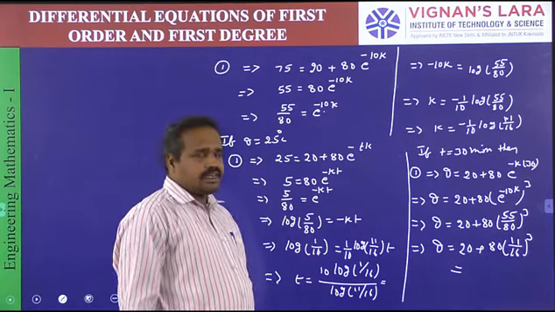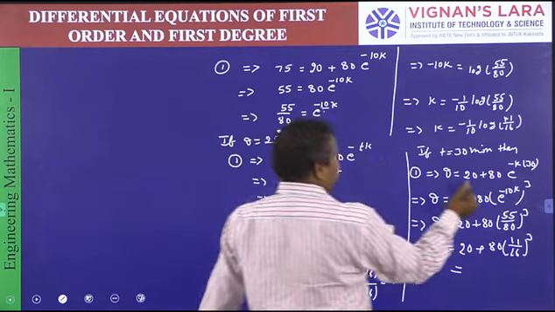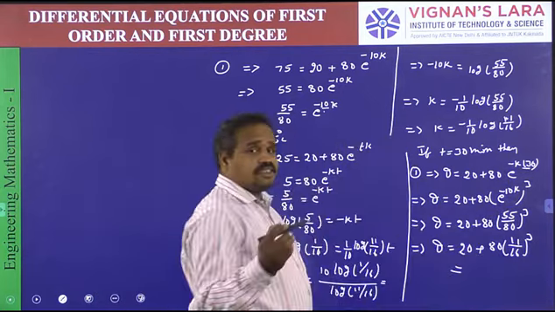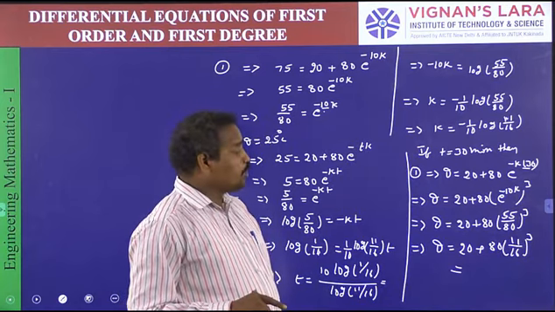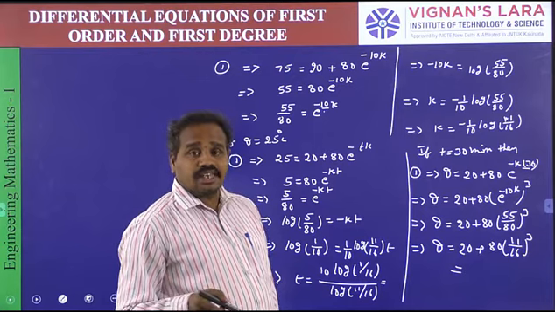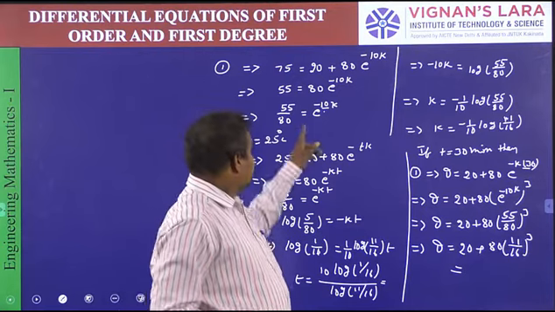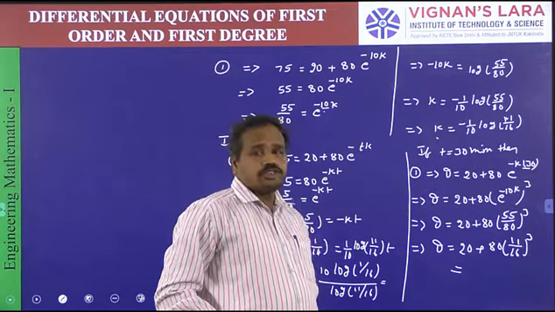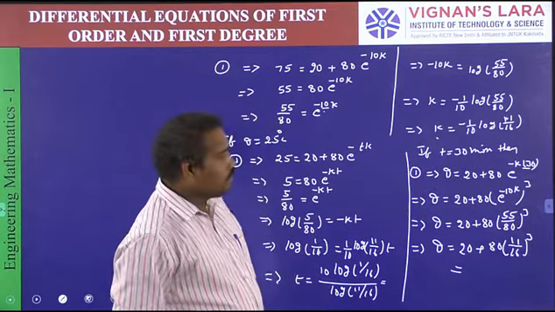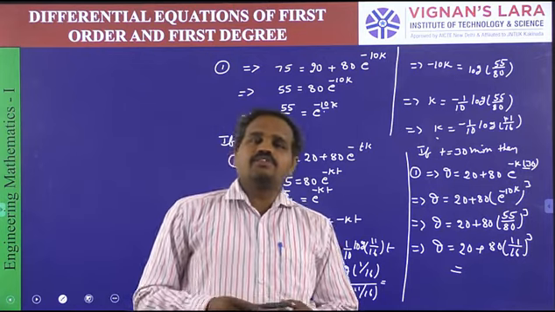So like this we are calculating. Here observe this. Here minus 10k, minus 30k. Here there is a relationship, and that's why I substituted. I wrote e power minus 30k as e power minus 10k whole cube. If there is no relation between this one and that one, then use this k. Here also you will get the solution. So like this we are evaluating the temperature of the object when time is known.